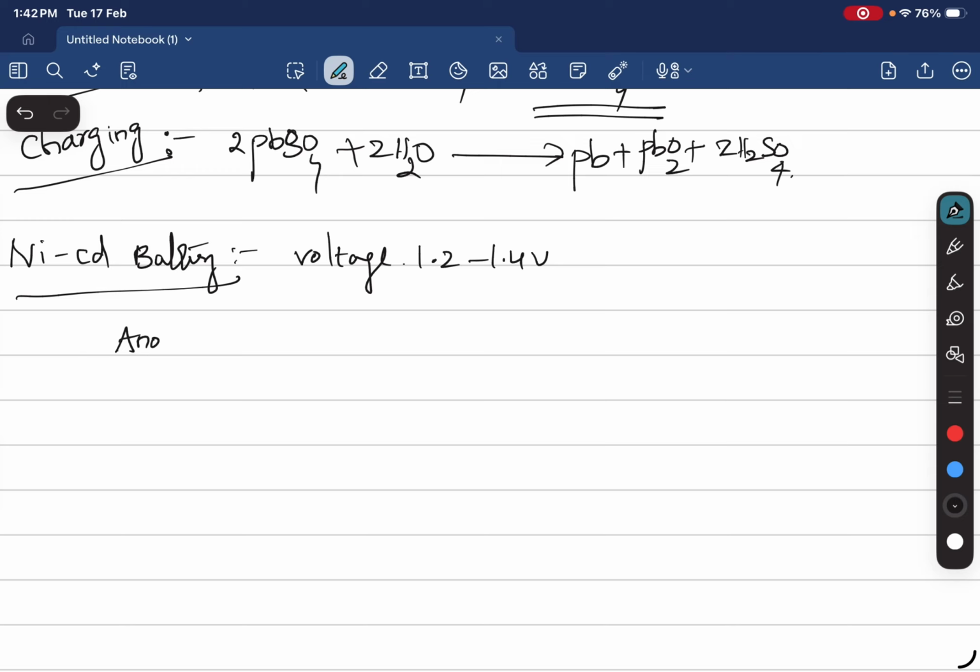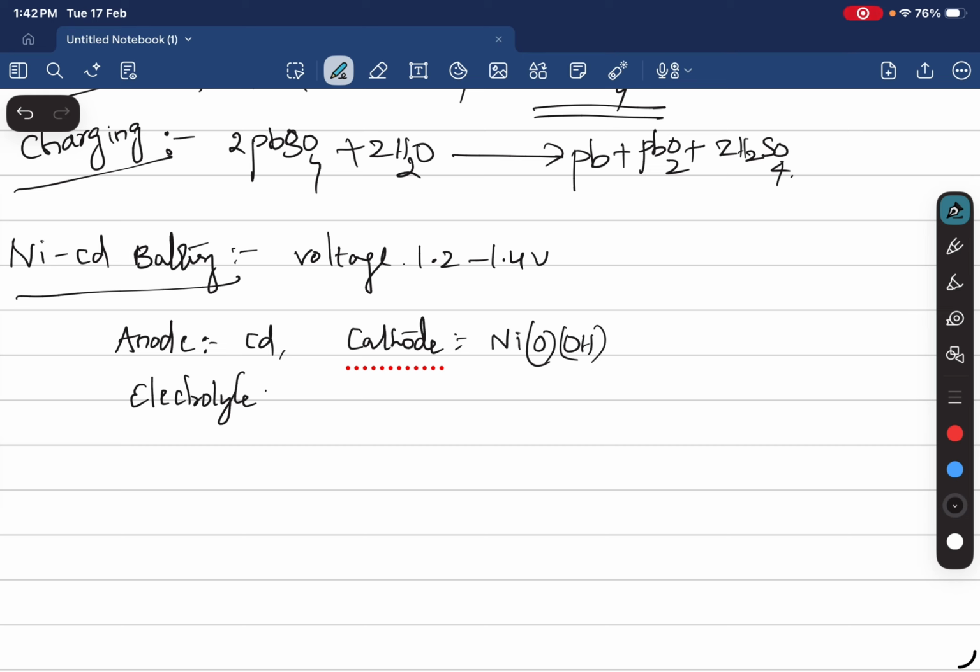And the anode is cadmium, the cathode is nickel oxyhydroxide, and the electrolyte is NaOH. At the anode, Cd becomes Cd(OH)2,